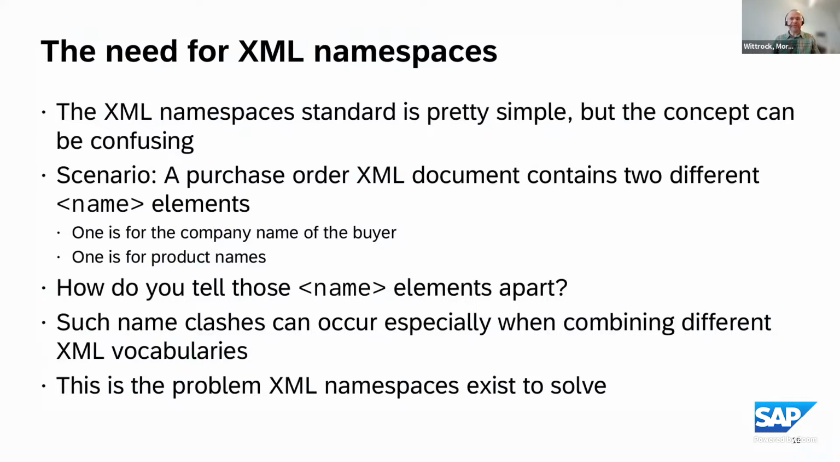The standard itself is fairly simple. It's quite short. It's definitely the shortest one of these 4, but the concept can cause some confusion still. So picture this: you've got a purchase order XML document that has 2 different name elements in it, and one is for the company name of the buyer, and the other one is for product names. So